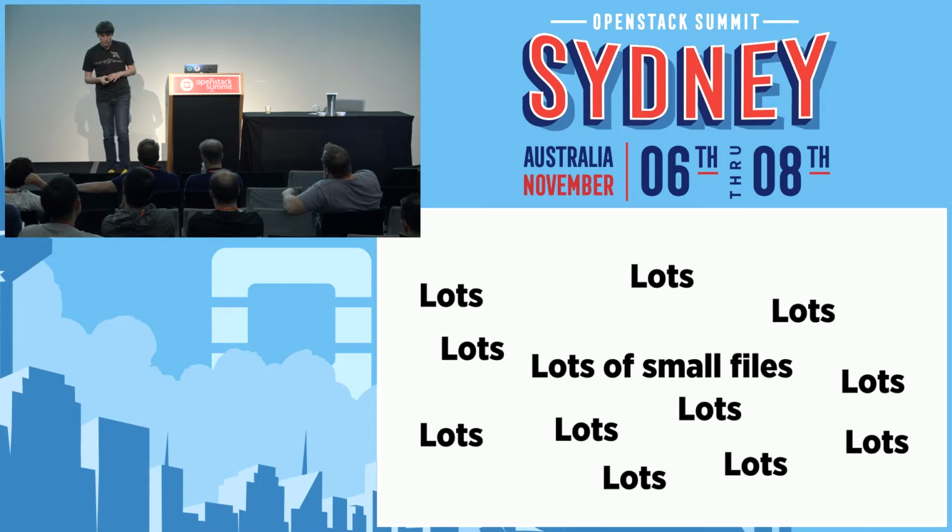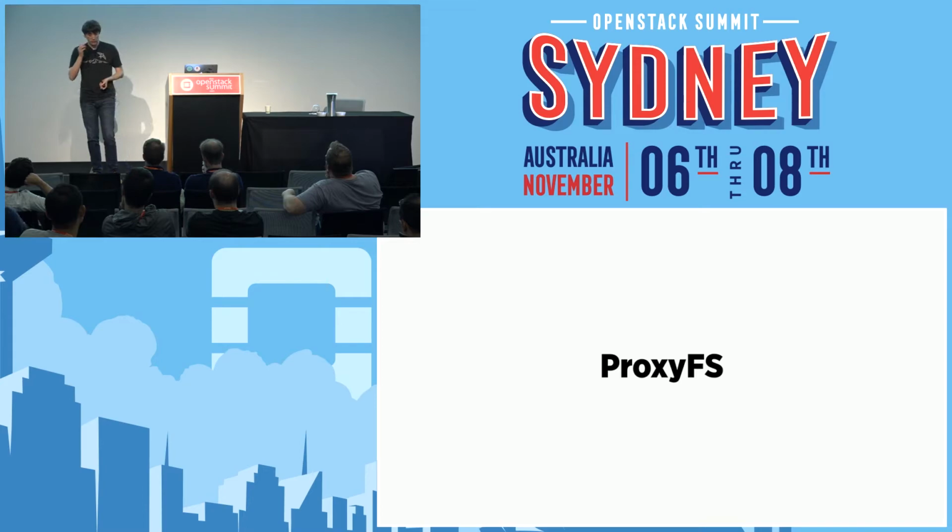Now, a couple of other things I wanted to mention in the wider community that affect the ecosystem but are not happening directly inside of the Swift repo. One of these is something called Proxy FS, which I have talked about at previous summits. And as a disclosure, my employer is the people writing this, so I'm not trying to do an ad here, but Proxy FS is file system access to Swift. And this is more than just a gateway or something like this. This is complete bimodal access